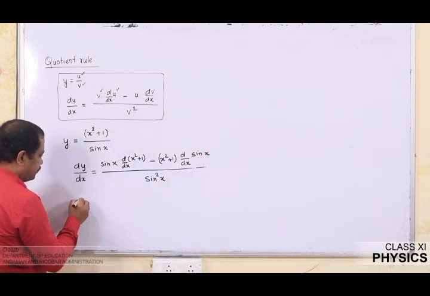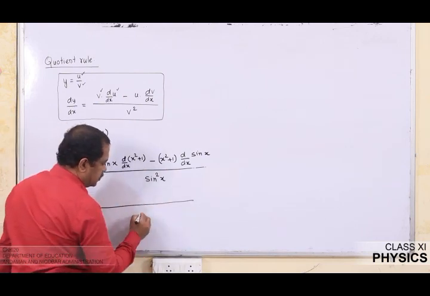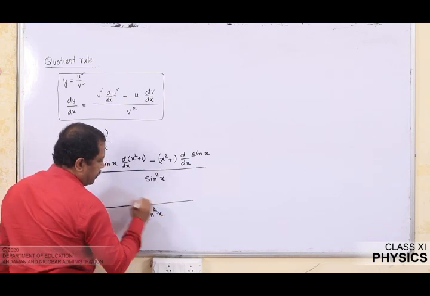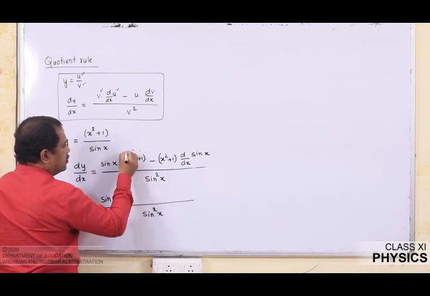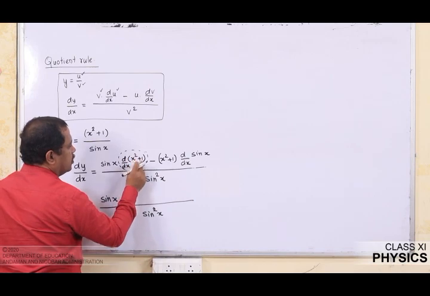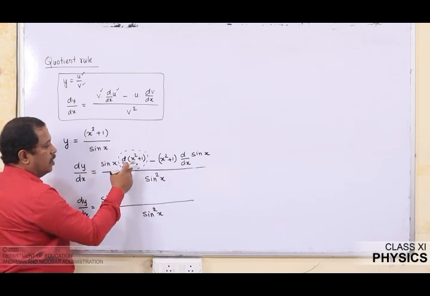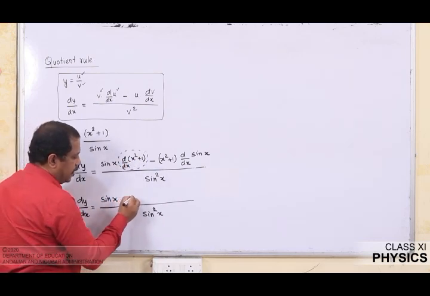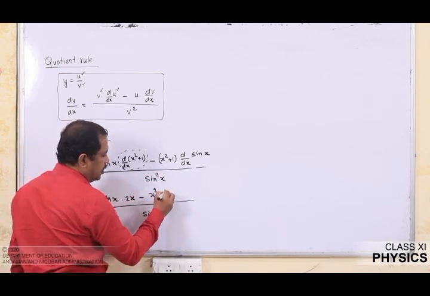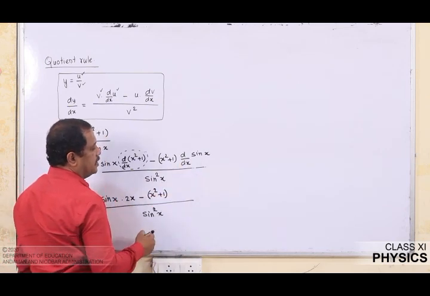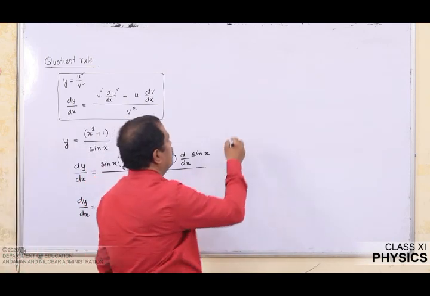Further solving, I have dy over dx is equal to sin square x, sin x we have. Now, I have to differentiate this one. Just now we differentiated this function. Two terms I have, I will be differentiating these two terms separately, and this is a constant which is going to be 0, and x square I have, this will be 2x, now we saw. Minus numerator I have as such, so I am going to keep it unchanged. Differentiation of sin x with respect to x is going to be cos x.